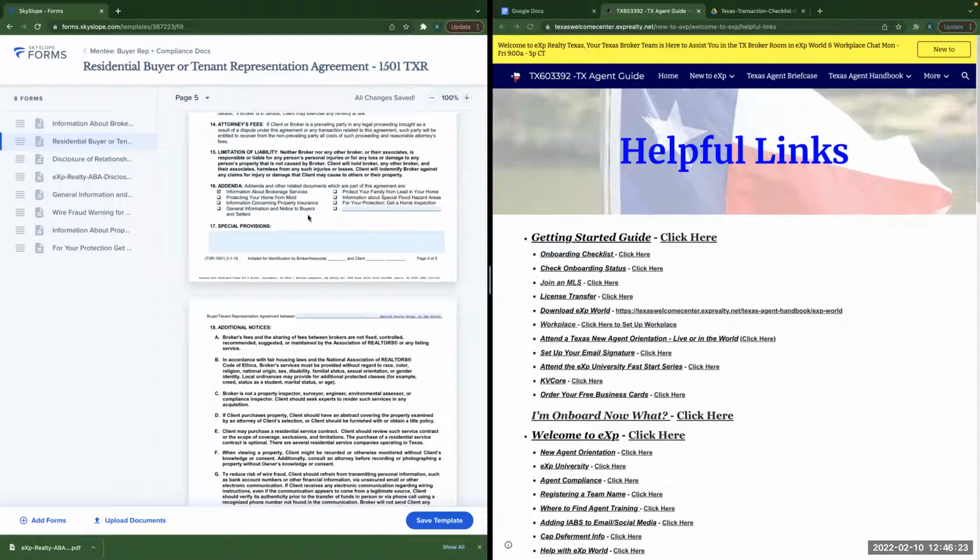And then you want to check off the boxes that you know are going to apply, that are going to be part of the buyer's rep. So we've got information about brokerage services. We've got the concerning property insurance, general information. I used to add the flood hazard one, but I only do that now if the property is in a floodplain. Get a home inspection, and then we add in wire fraud warning. 3, 4, 5, 6, wire fraud warning,